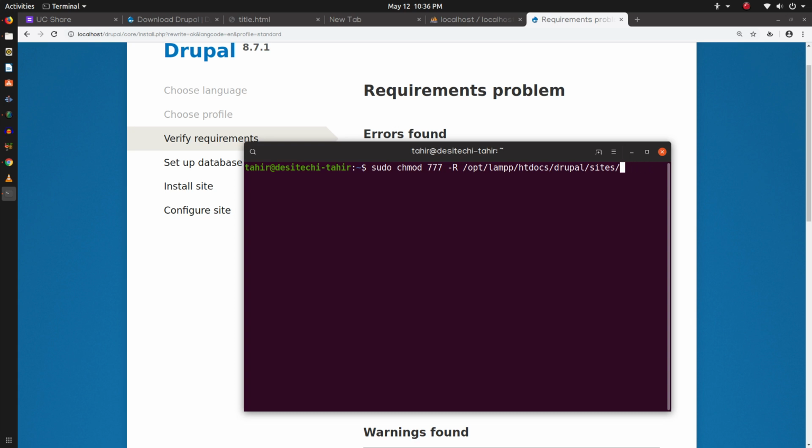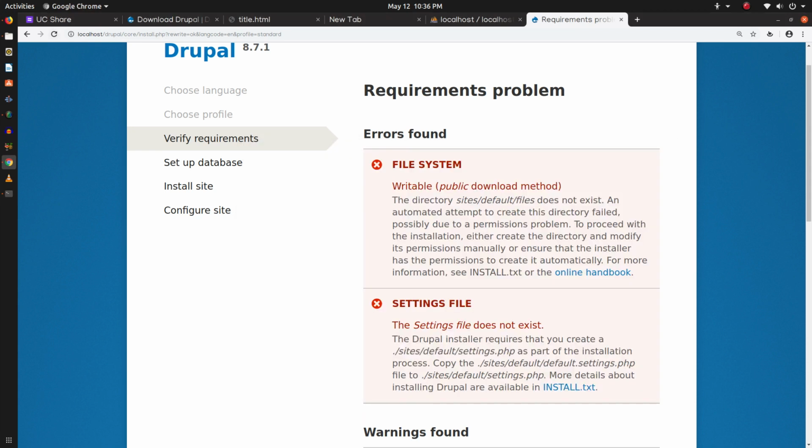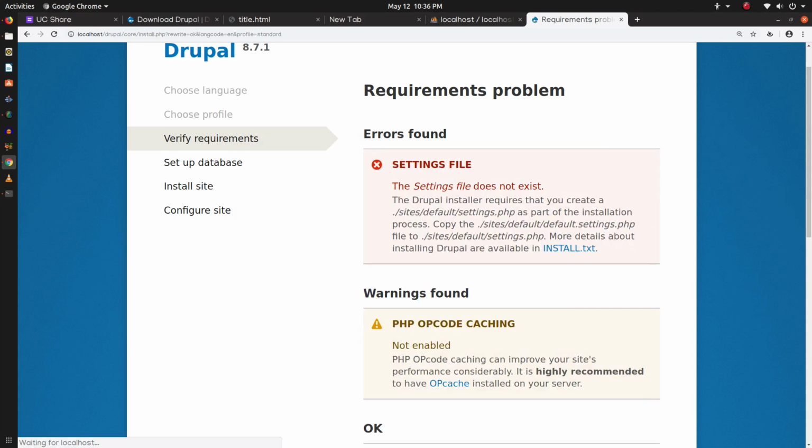So I am going to give all permissions to the sites directory. Now let's hit enter and refresh this page. Now we have fixed the first error.